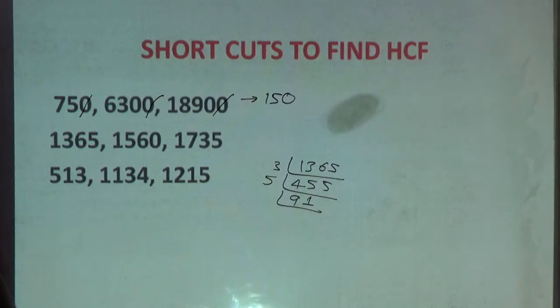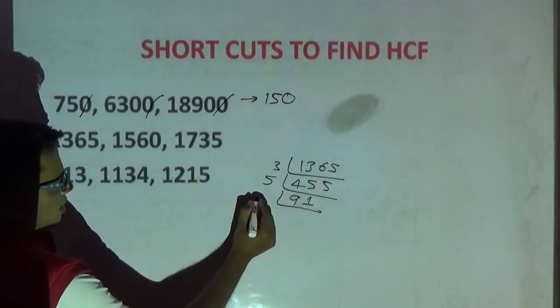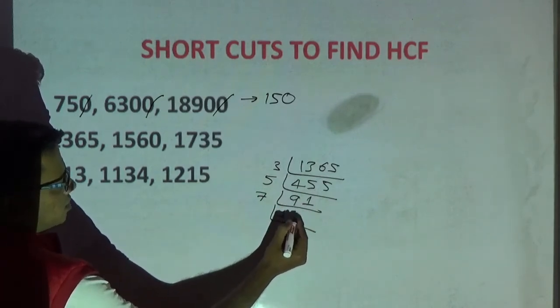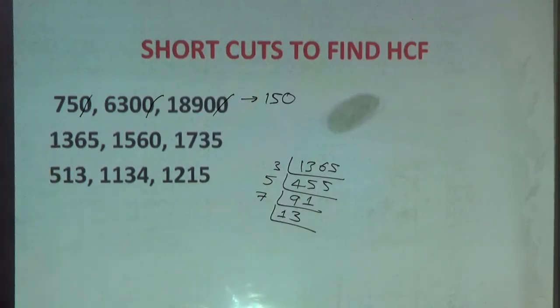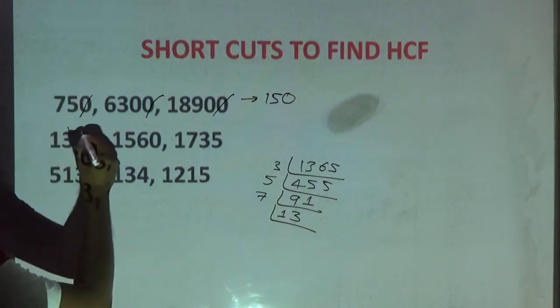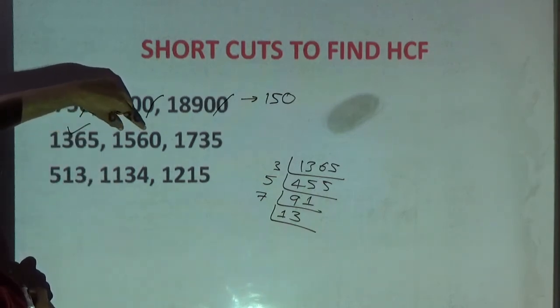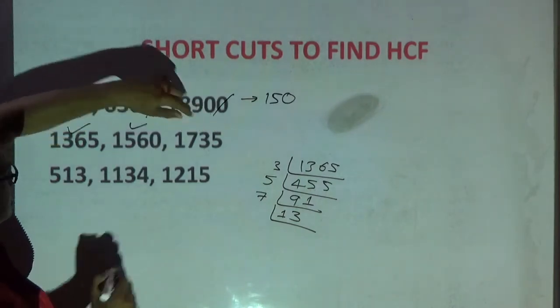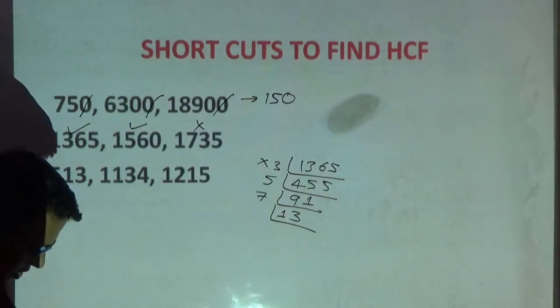Now, please observe here, whether you can divide these numbers by 91. Let me further factorize this and check. Then, here, 7, how many times? 7 ones are 7, 7 threes. Now, please observe whether you can divide all the numbers by 3. For this I can divide by 3, yes. This 6, yes I can divide by 3. This one, 10, I cannot divide by 3. So from 3 I cannot divide.